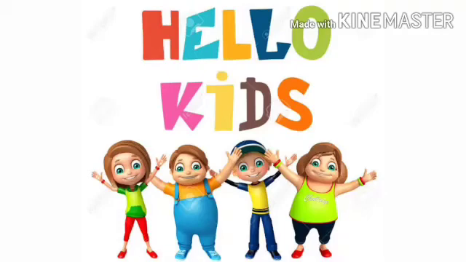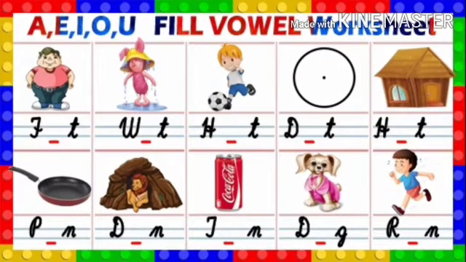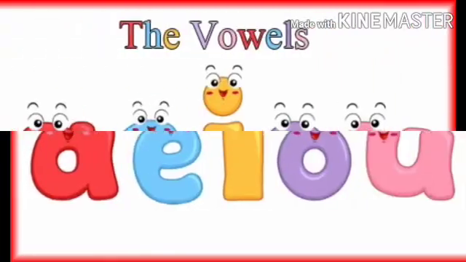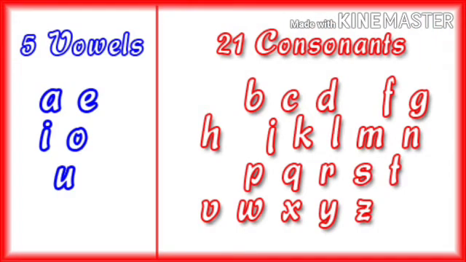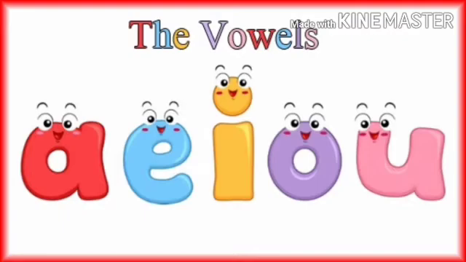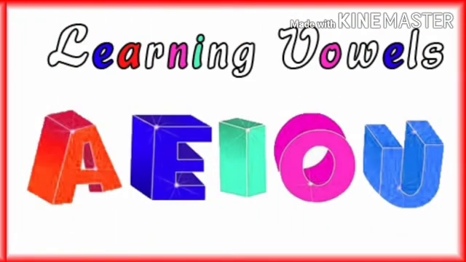Hello, children. Today we will do one new exercise that is fill correct vowel. You have learnt about beginning sound of the word, ending sound of the word. Now we will learn vowel sound. You already know that in English alphabets there are 21 consonants and 5 vowels. They are A, E, I, O and U. So you need to remember their sounds also.